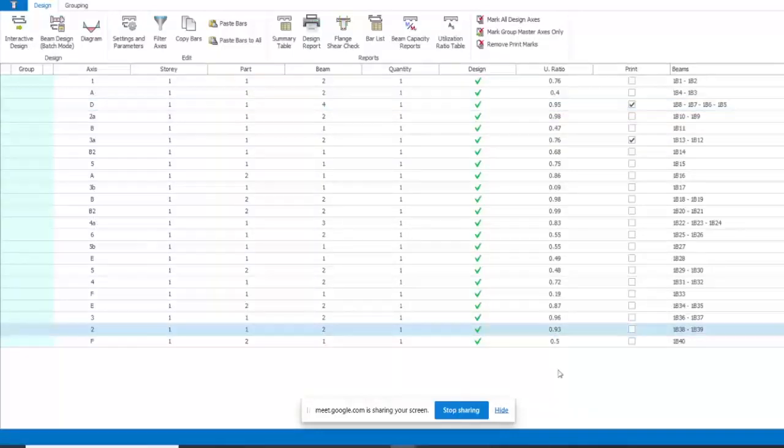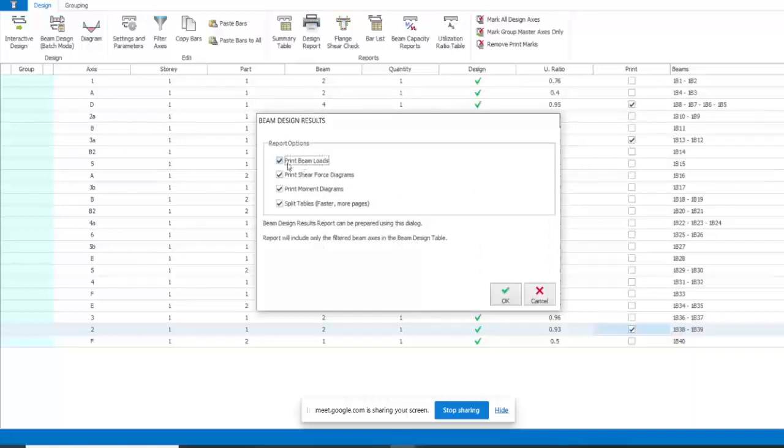Where's beam 2 now? Yes, this. So I can print. Now to print, you see this design report that you have here. Just click design report. You see it gives you about four options. Print beam loads. That is, your calculation sheet will contain beam loads, shear force diagram, bending moment diagrams, and